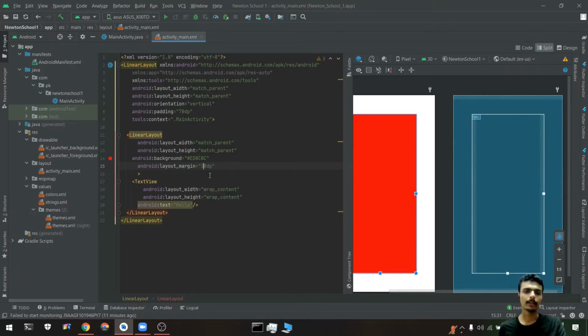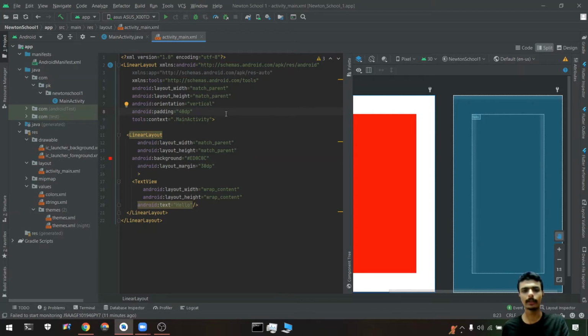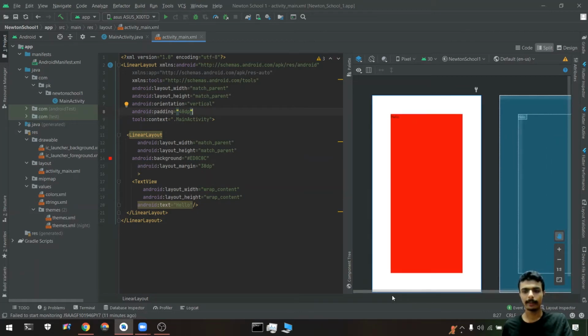Okay, but I'm keeping it as 40 dp from the parent layout, the linear layout, and 30 dp from the child layout. So it might have given you the idea of what the padding and the margin part is. This is how we maintain some layouts. Let's play more with them.